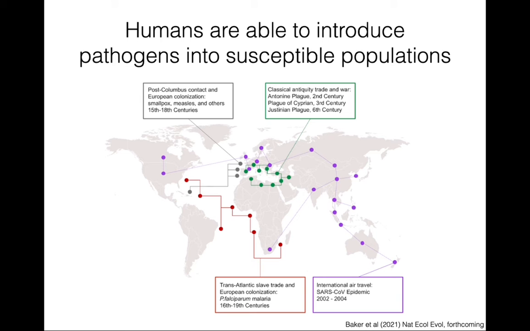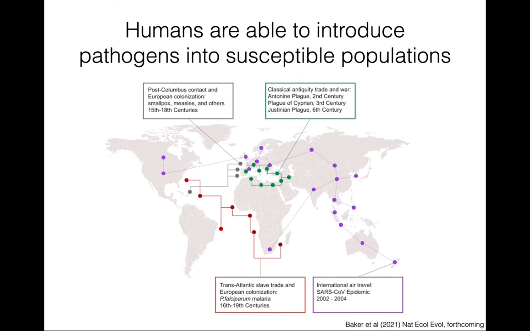Human travel can result in pathogens being introduced into susceptible populations. Here are 4 historic examples of how human travel has led to the global spread of various infectious diseases, all the way back to the plague throughout Europe, the Middle East, and North Africa, starting in the 2nd century, to the spread of SARS-CoV-1 from international travel in the early 2000s. What all of these examples demonstrate is that humans are able to introduce pathogens into susceptible populations that can result